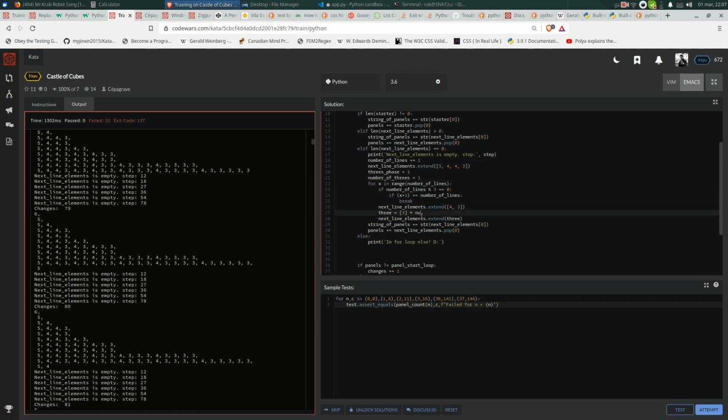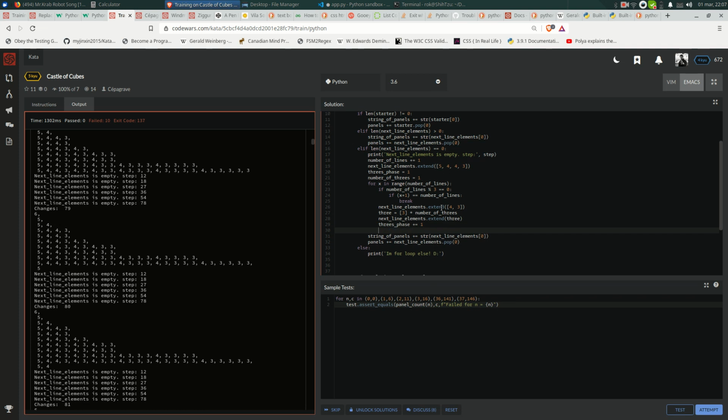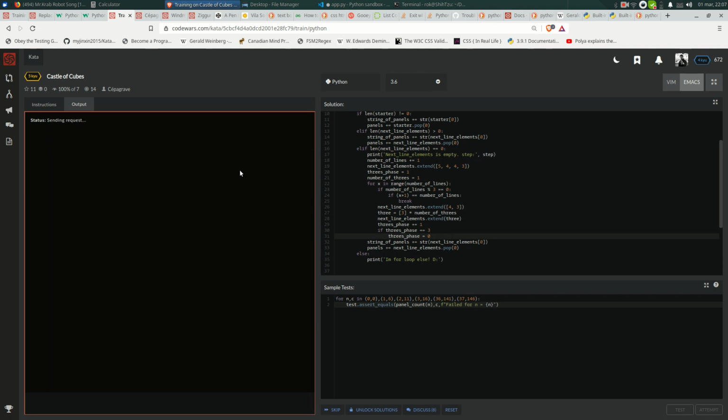So this is times number of threes, and in the end of this one we just say if threes face plus equals 1, and if threes face equals 3, say threes face down to 0, and if we run that, I think we should, oh, okay,